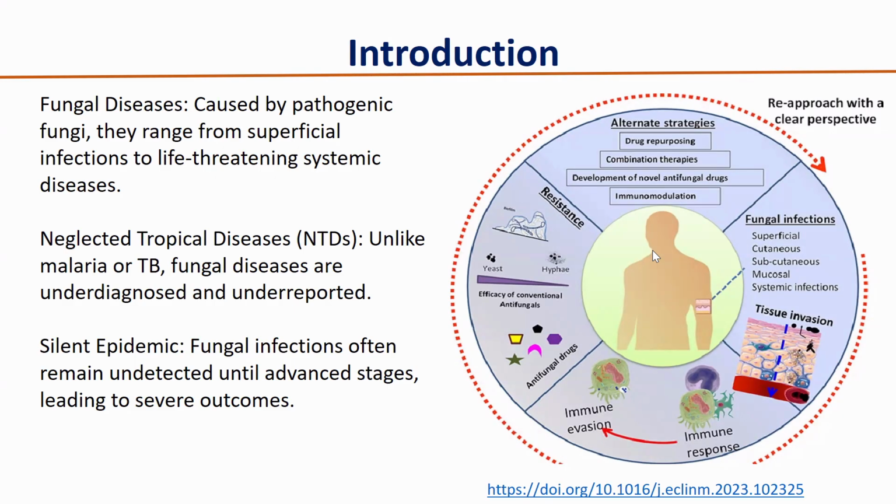And fungal disease is one of the neglected tropical diseases, simply because it does not get that much attention compared to other infectious diseases. When you talk of antimicrobial resistance, someone thinks of antibacterial resistance. No one will think about antifungal resistance. So you can clearly see that the neglect starts from there. And this neglect starts from the diagnosis. Fungal infections are really underdiagnosed, especially in Sub-Saharan Africa in particular, and underreported.